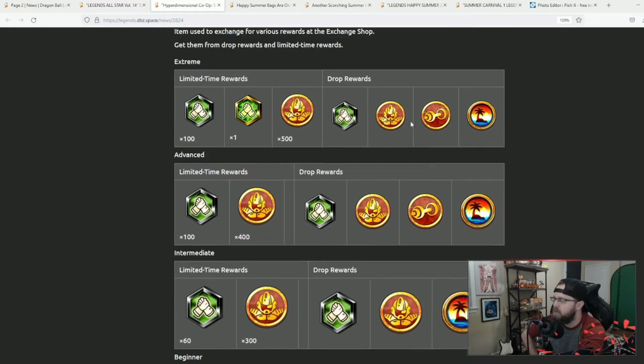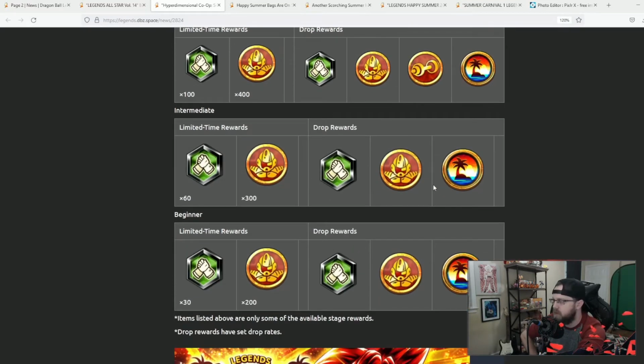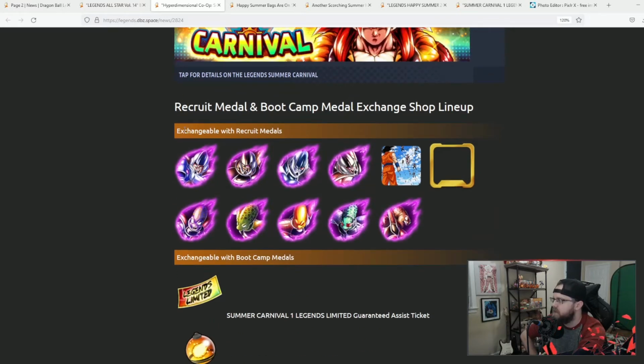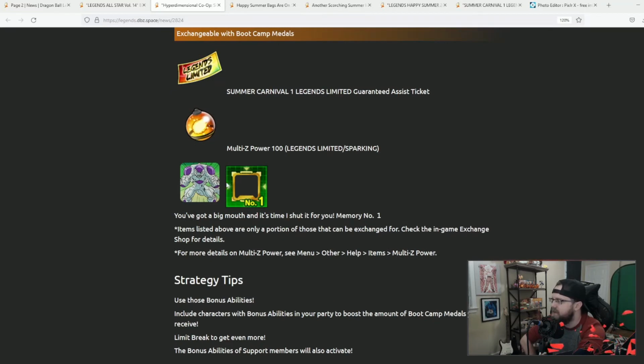And then yeah, the boot camp medal? The boot camp medal, I guess, is just a chance drop, and we'll have to take a look at the shop and see how those look. Summer Carnival, we can take a look at those in a second. But yeah, all this can be exchanged for the recruit medals. I don't know why the equipment is separated, but that's kind of funny. So yeah, we'll have to find that and figure out what that looks like. So with the boot camp medals, you get the Legends Limited tickets, multi Z Power 100, and then I guess this